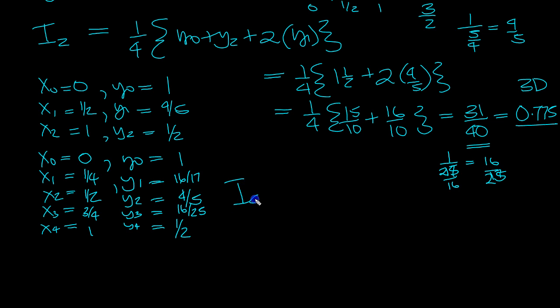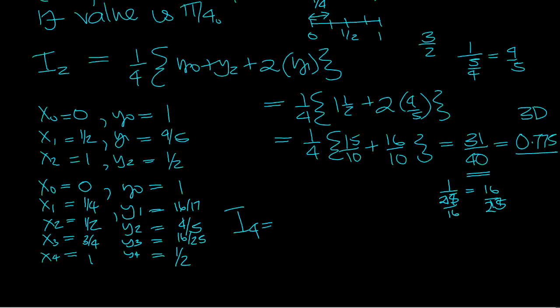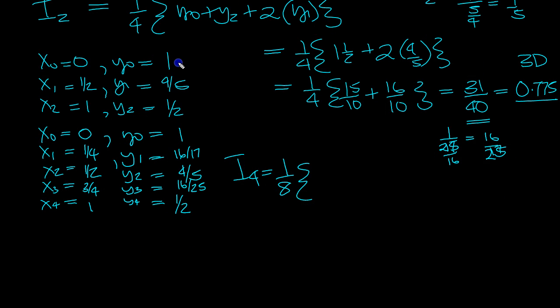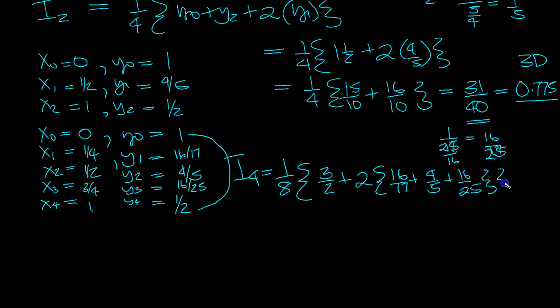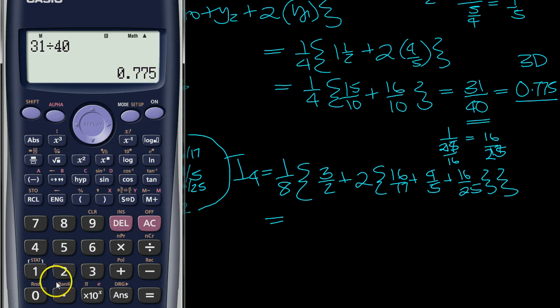So I4 then, let's work that out, is d, the distance, or the h interval, over 2. So 1/4 over 2 is 1/8. Then the first plus the last, so that's 3 over 2 again, plus 2 times all the ones in between, 16 over 17, 4/5, and 16/25. And then we need to type that in the calculator. So we get 1 divided by 8 times, bracket, 3 divided by 2, plus 2 times bracket, 16/17, plus 4/5, plus 16/25. Close that bracket, close the end bracket, equals